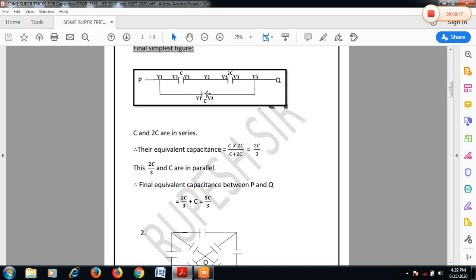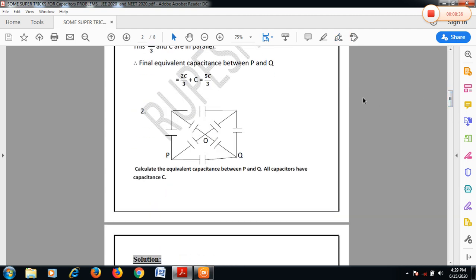Okay, so we are moving forward to the second problem, in which we are using another trick. Note down this trick. In this second problem, we are using the trick of using the symmetry to remove the connection. Note it down. As the name suggests, we need to first find out the symmetry in this circuit. Then 50% of the work is done and the rest 50% we will do now.